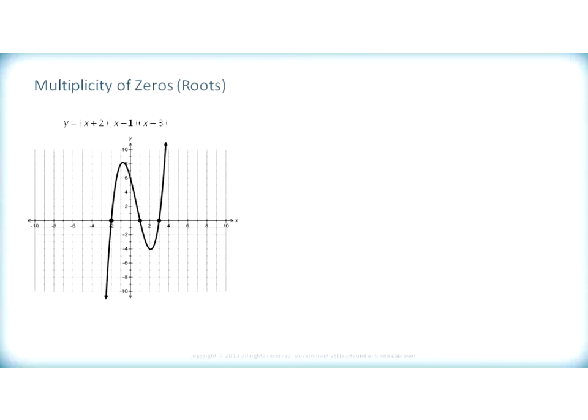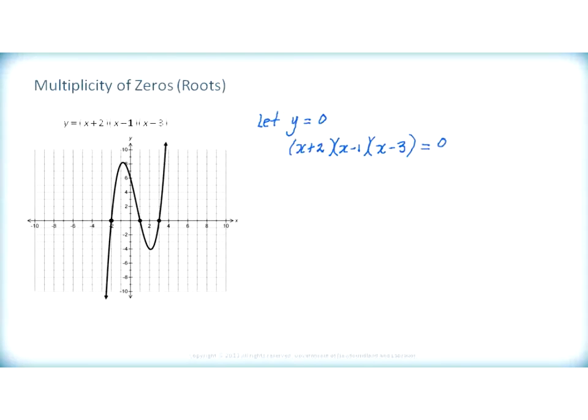To begin, we will look at the multiplicity of zeros, or the roots, of a polynomial function. In order to determine the zeros of this polynomial function, we need to let y equal 0 to get the zeros of the function, which are also referred to as the roots or the x-intercepts of the graph. So here we will have x plus 2 multiplied by x minus 1 multiplied by x minus 3 to equal